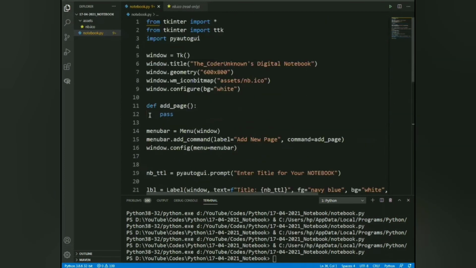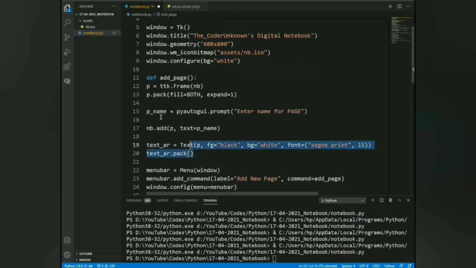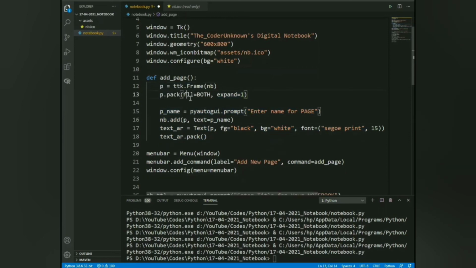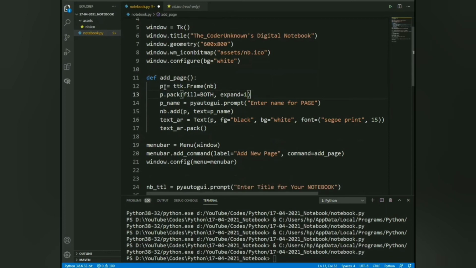Now I can add the function. Copy the code for the page we have created and just paste it inside our function, with proper indentation. Now just rename all the variables, like just add underscore new in front of all the variables.